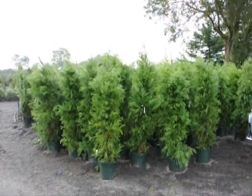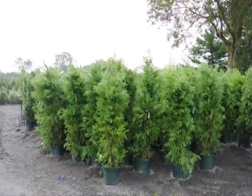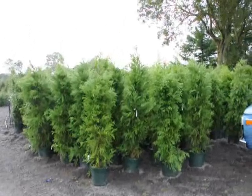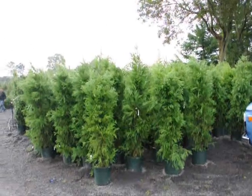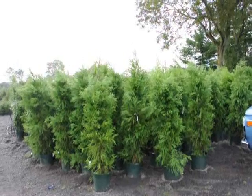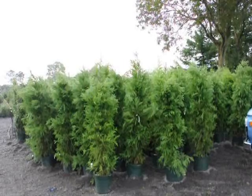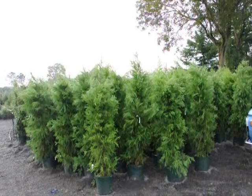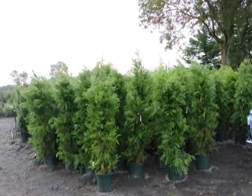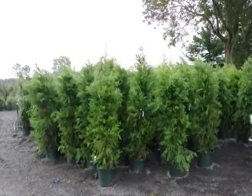These are Cryptomerias that we have on sale. These are about 5 to 6 foot tall, and they're in a number 7 pot. These Cryptomerias are $50 each for the fall of 2009 while supplies last. We can deliver and plant them for $75 any place on the East Coast, except we won't go where it's zone 5, 5.5. This is a zone 6 plant. Give us a call at